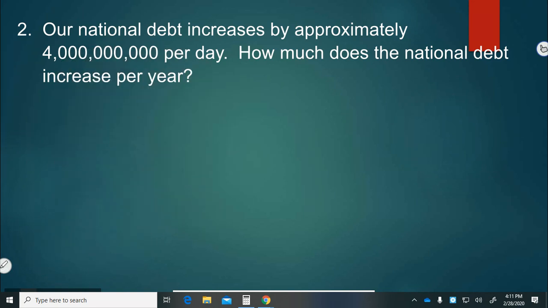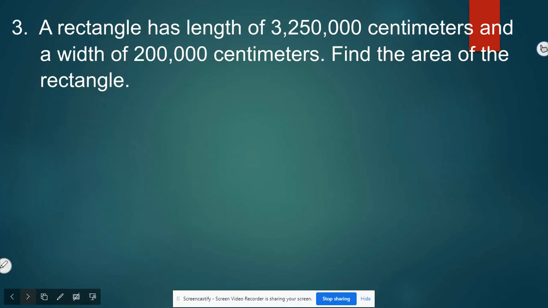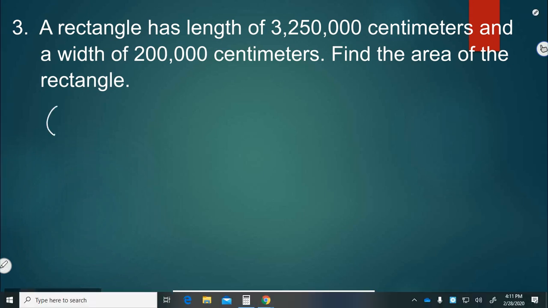All right, let's try another one. Number 3. A rectangle has a length of 3,250,000 centimeters and a width of 200,000 centimeters. Find the area of the rectangle. Well, we know area is length times width, so we just write them in scientific notation. That's 3.25 times 10 to the sixth,